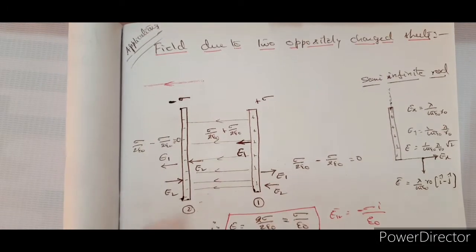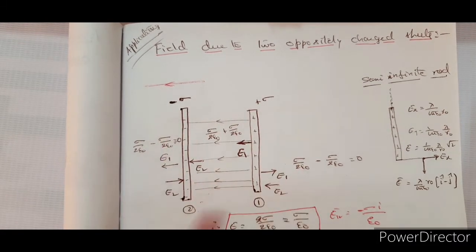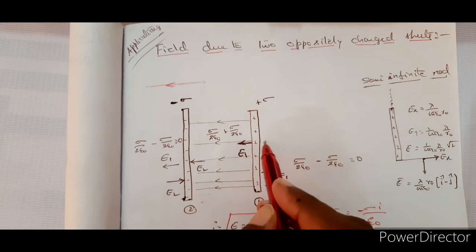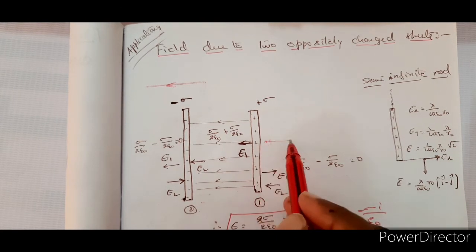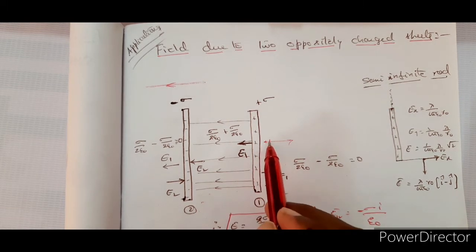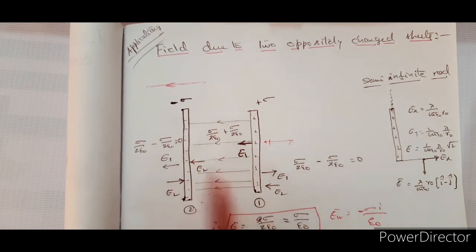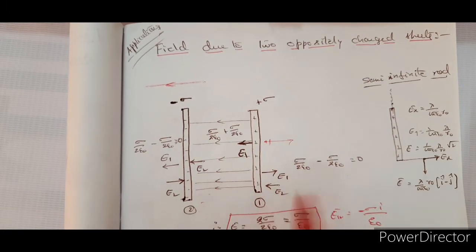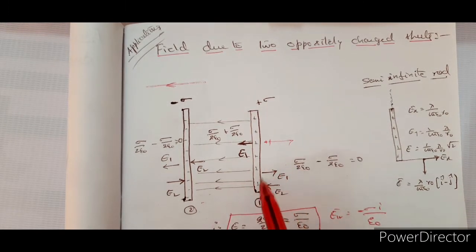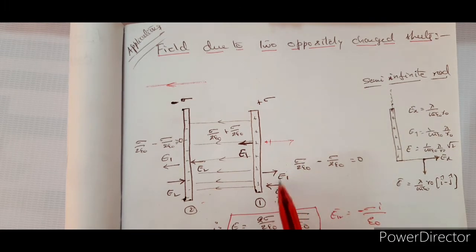So now, how is the electric field created around? That is important. Now take this plate first. Whenever you talk about electric field strength, just imagine a unit positive charge. So the field direction is like this because of plate 1. And if I leave a unit positive charge here, because of plate 2 there is an attractive force in this direction. That means E2 is in the opposite direction to E1 on the right hand side of this positive plate. So they will get cancelled here. Why will they get cancelled? Only when the magnitudes are equal, because the directions are already opposite.